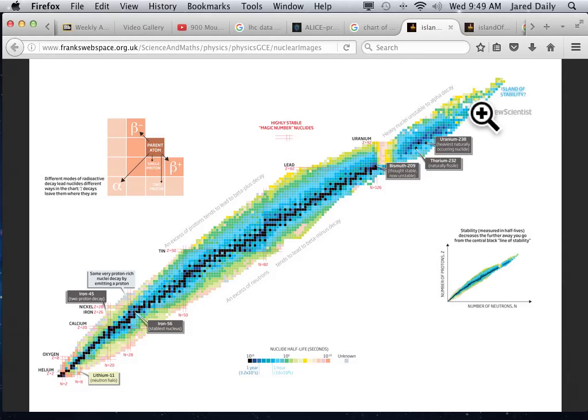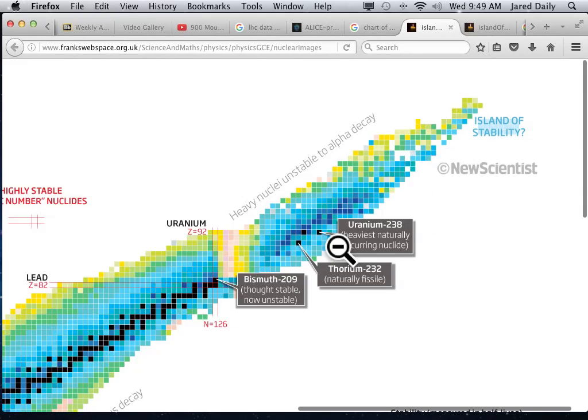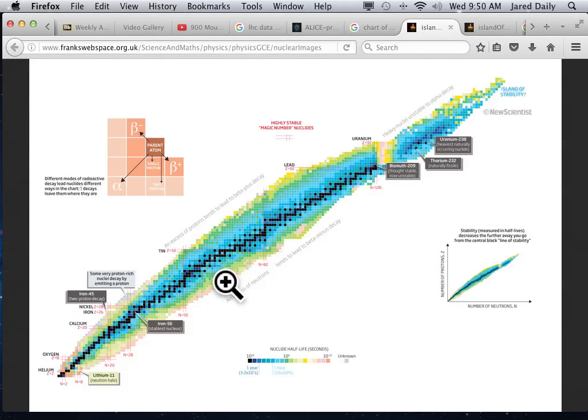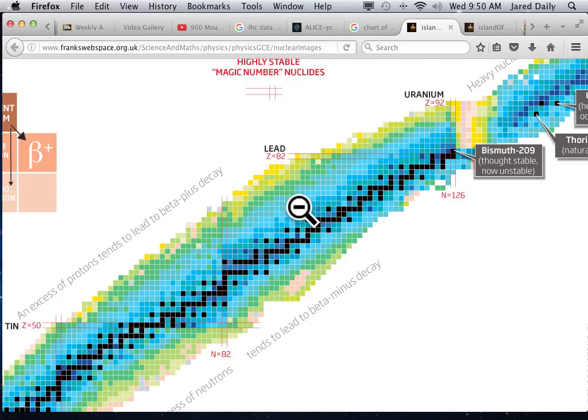So uranium being number 92, right up here. Here's uranium 92, heaviest naturally occurring element. Has a whole bunch of isotopes, as do many of these things kind of at the top end of the middle of the table. Have lots of isotopes because they have lots of protons and they're pretty stable. If you have a lot of protons and you're pretty stable, you can add some more neutrons or take away some neutrons, and you can still stay pretty stable making a nuclide. But this table is useful in a lot of ways. One thing that's very useful about it is it can tell you what's going to happen to a particular isotope